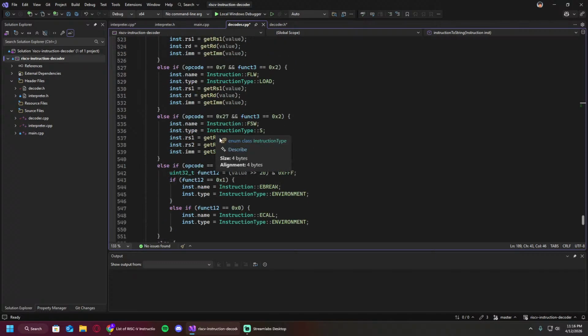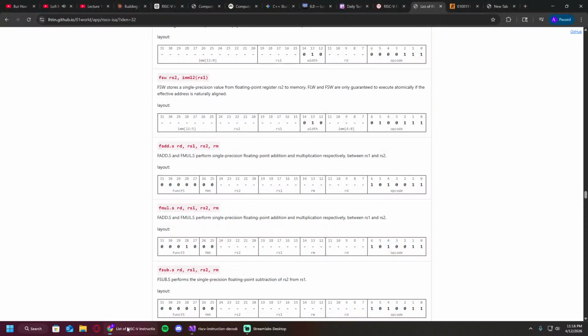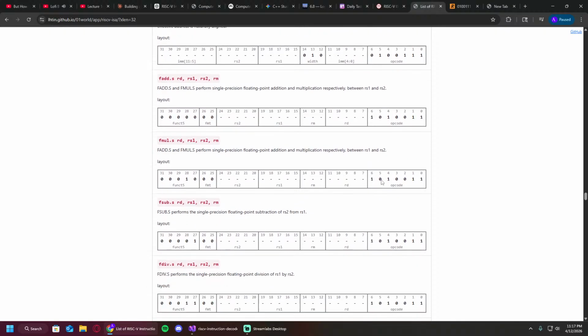So we need to go in here. Let's do it on this one, yes. So let's see what like these instructions are. So for fadd we have